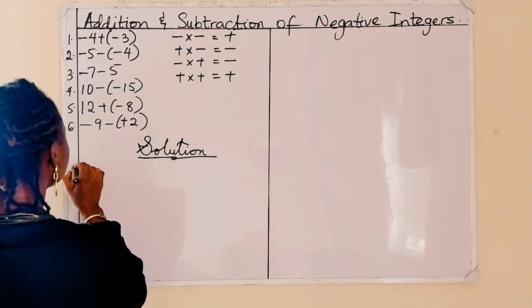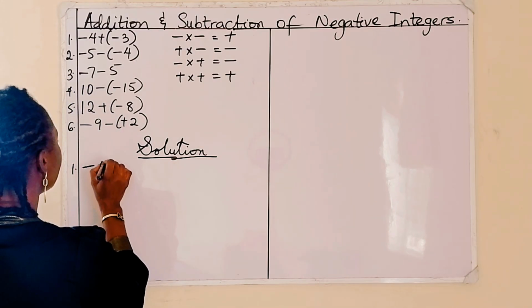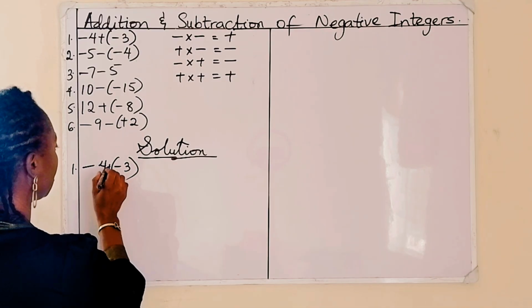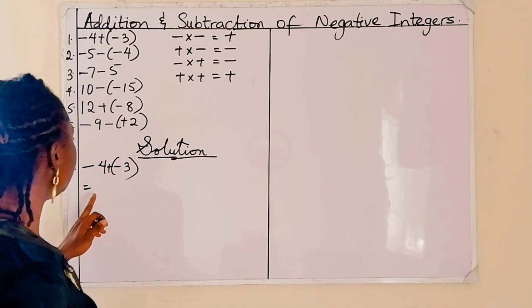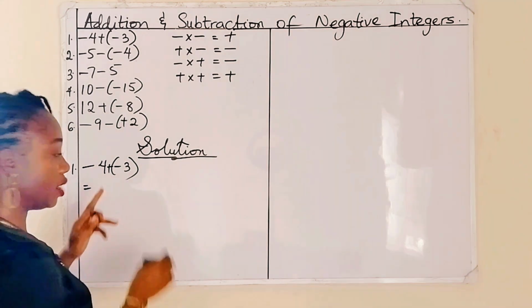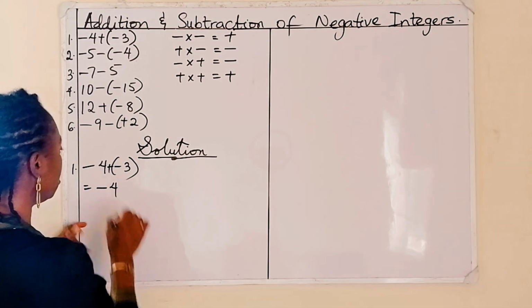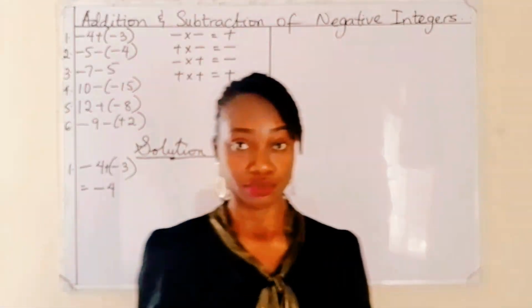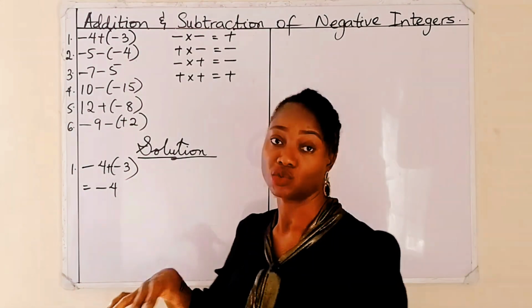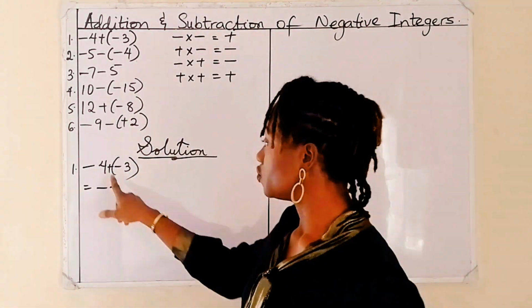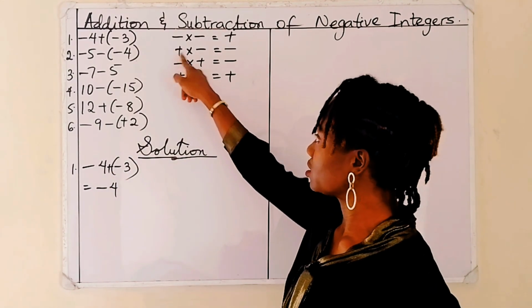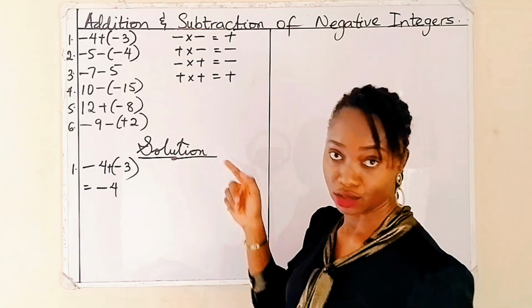Question 1. We have -4 plus into brackets -3. Okay? Now this simply means we have to expand this bracket, right? -4, then this bracket means multiplication. Whenever you see a bracket, it means you have to what? Multiply. -4 plus times minus. According to the rule here, we have plus times minus equals what? Minus. So this becomes